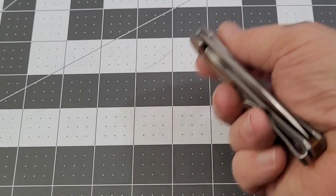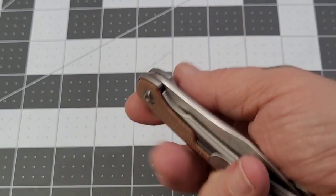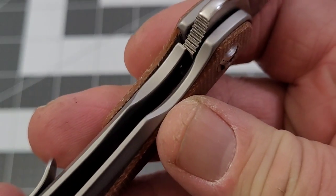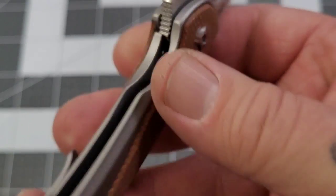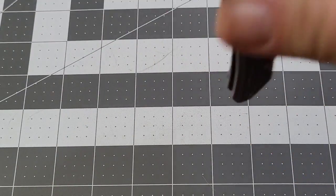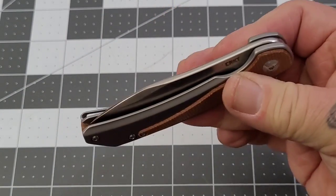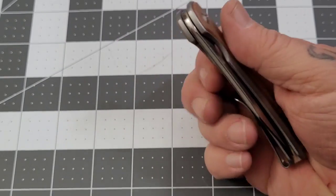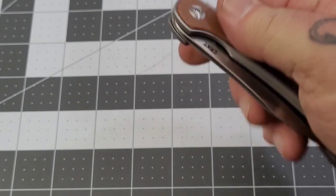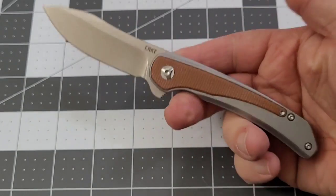You've got decent access to your lock bar. It's not cut back too bad, but I can actuate it without having to dig my finger down in there. Nothing major. We like to see a little bit more of a cutout sometimes. It's not even really angled, but I don't have an issue getting in there at all. Action, pretty darn good for a $65 knife. Detent, pretty solid. Maybe a little bit of juice in there, lube it up, clean it out real good, and we get a little bit more action. But straight out of the box, after a little use and carry and actuation, yeah, I'm liking it. Definitely